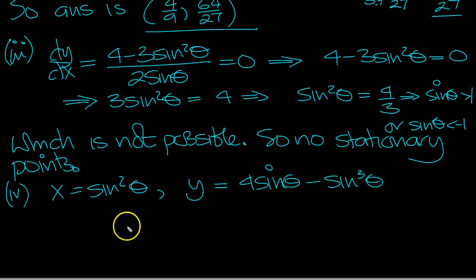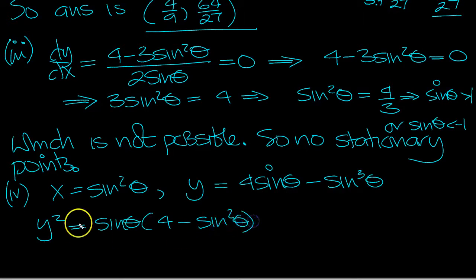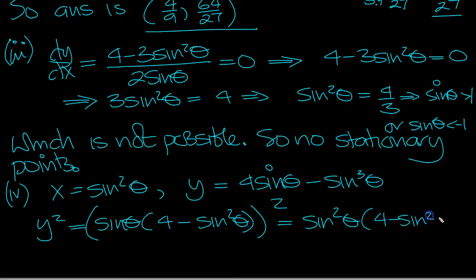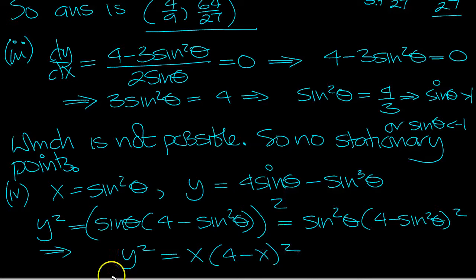So let's get y squared. Now there'll be a 4, take out a sine as common here on top. And you've got 4 inside minus sine squared. And it's that term, which is this, squared, isn't it, if we square y. So that's equal to sine squared, and then 4 minus sine squared theta, squared. So that tells us what y squared is then. Sine squared is x, that's why we're doing it. And it's 4 minus x, squared. And there's our Cartesian equation for y squared equals